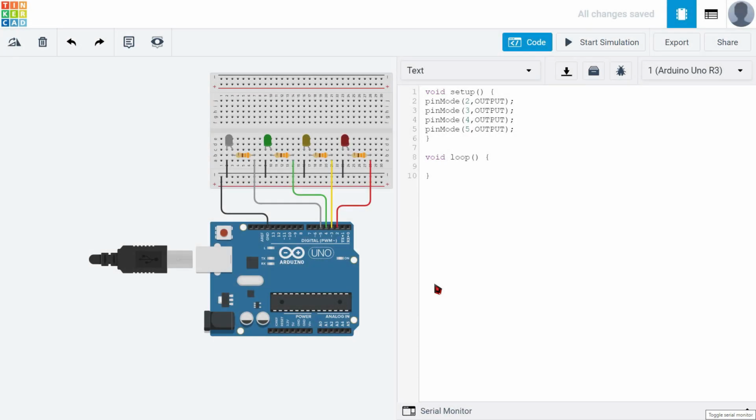Hello. In this lesson, we will develop a sample application using the digitalWrite and delay commands. When examining our Arduino Uno circuit, we observe that the ground line is transferred onto the breadboard. The red, yellow, green, and white LEDs are positioned on the breadboard and connected with 330 ohm resistors in orange-orange-brown